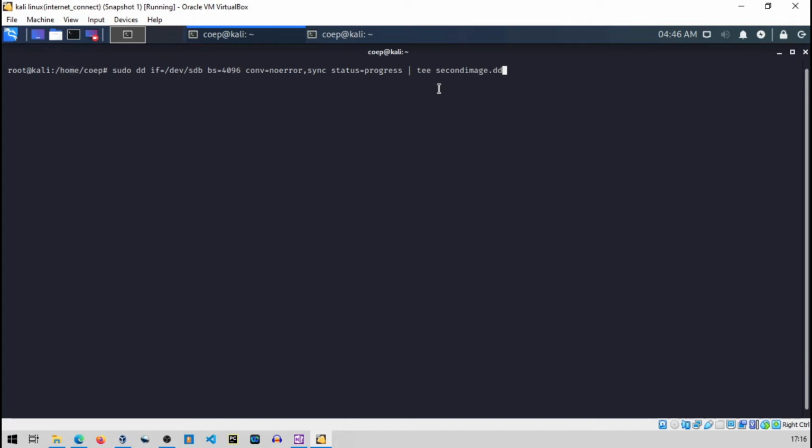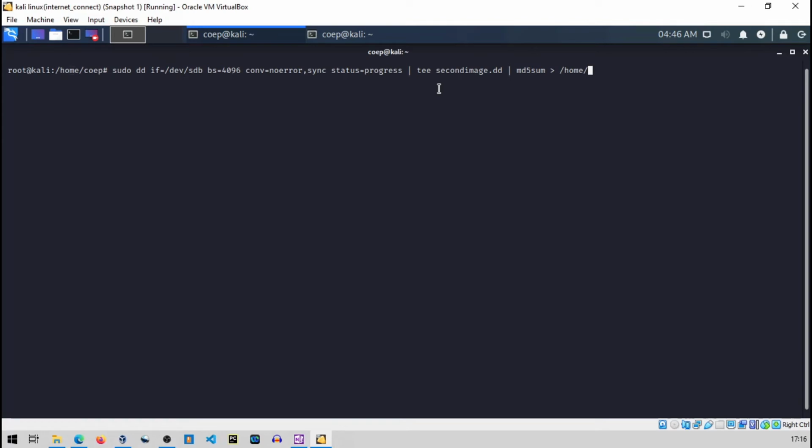Now I will again use the pipe character and one more command, md5sum. You can even calculate sha sum, SHA-256 sum, but I will go with md5. Now I will store that output, because I want the hash value in some text file.